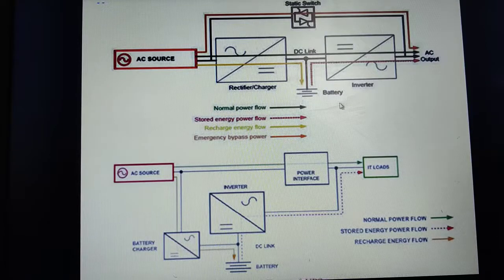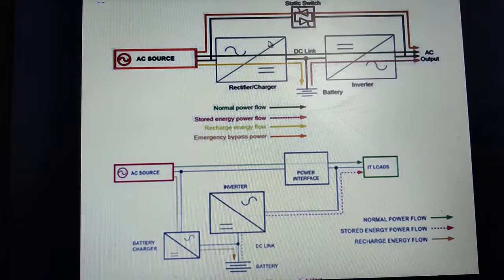It will be stored in the battery of the online UPS. Can you see? This is the battery. Then from the battery you will be able to get the power supply. Can you see this green color line? This green color line indicates the flow of the power supply, whether we have the current or no. The power supply has to pass through the online UPS. Through the online UPS, you will be getting the power supply to your computer system.